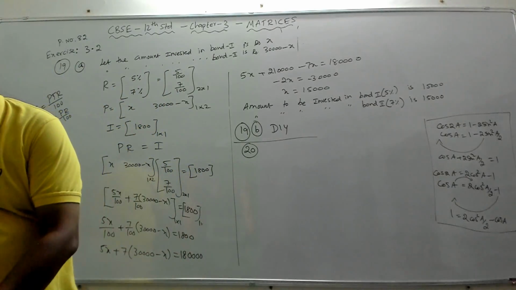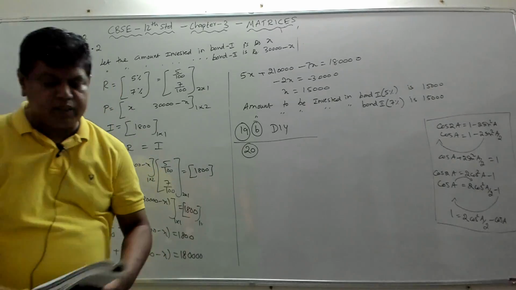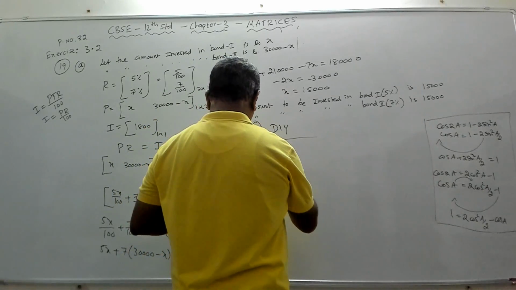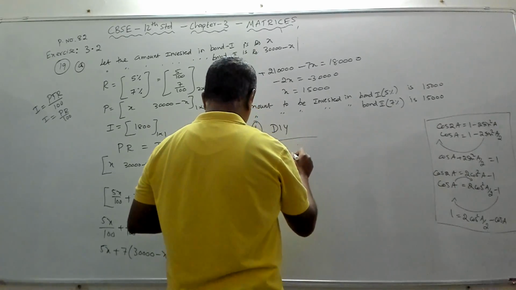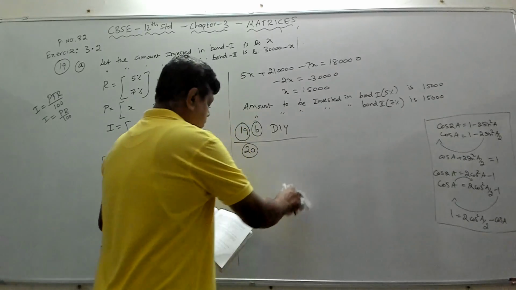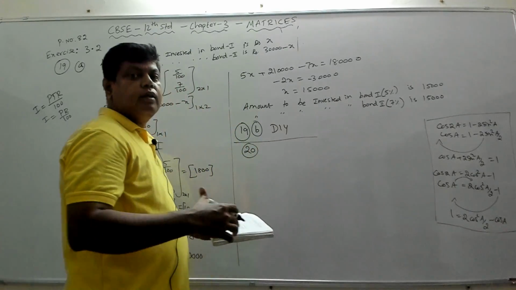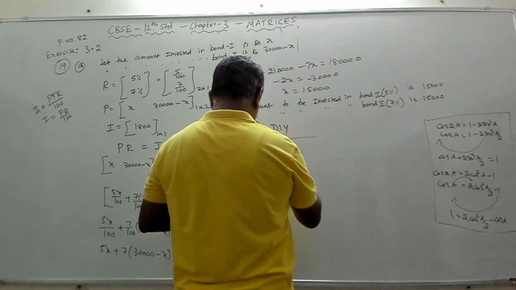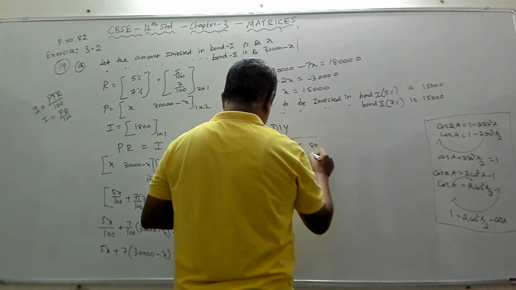Matrix algebra. So a bookshop in a particular school has chemistry, physics and economics books. I will call them the book matrix B, which is books. Then the selling prices are also given. So we will always write the rate and the price. The selling price for each book is given as 80. Whenever you get cost price, selling price, rate percent, you always write it as a column matrix. So I will call this my selling price, the P matrix, the price matrix. I'm going to put 80, 60 and 40.